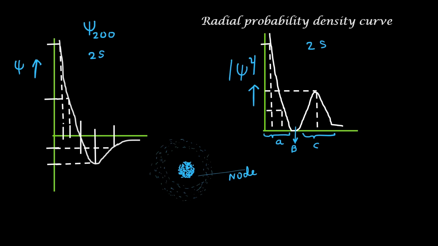Okay, come. See the two graphs I have provided. The first one shows the variation of wave function with respect to distance for 2s orbital. The second one shows the variation of radial probability density with reference to distance. Compare this with the corresponding graphical representation for 1s orbital. You can easily notice that they are different. Let us see the details. Wave function for 2s orbital is represented as psi 2, 0, 0: 2 for n, 0 for s, and 0 for magnetic quantum number.